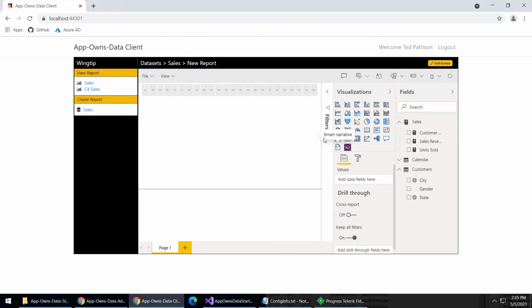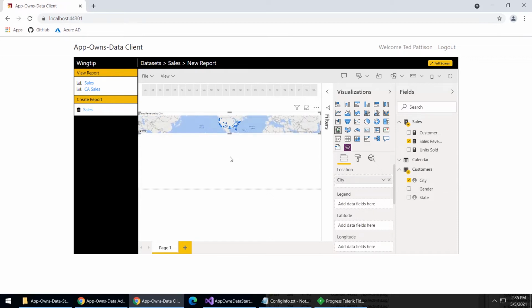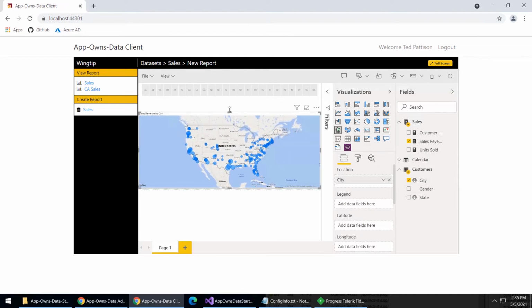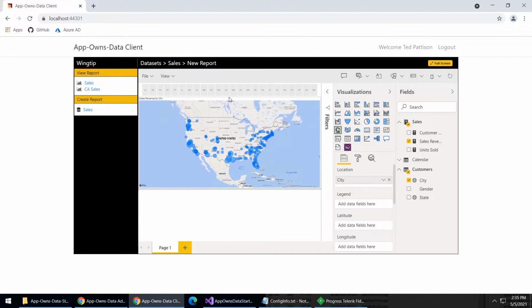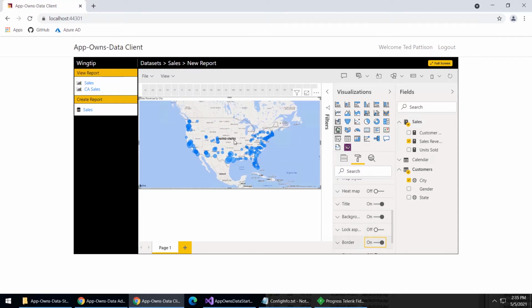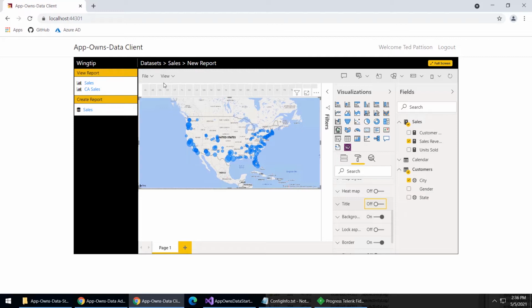And now we'll go ahead and add a map, and we'll look at sales revenue by city. Now I've quickly created this new report, and maybe just to make it really pretty, we'll get rid of the title. We'll add a border. And so now I've done all this work to create this good looking report, and we'll go ahead and do